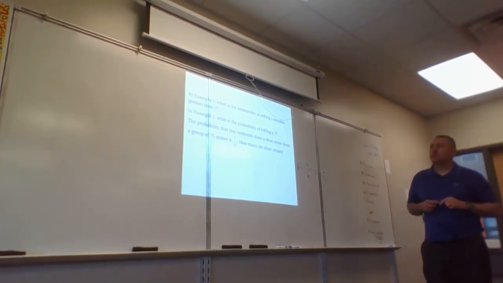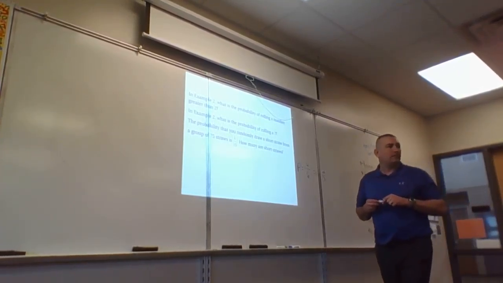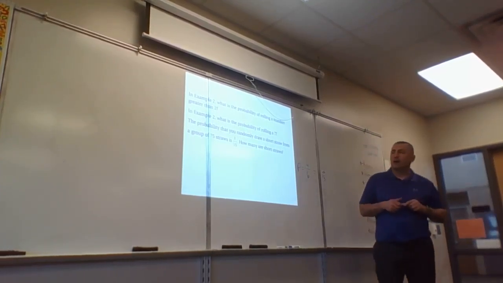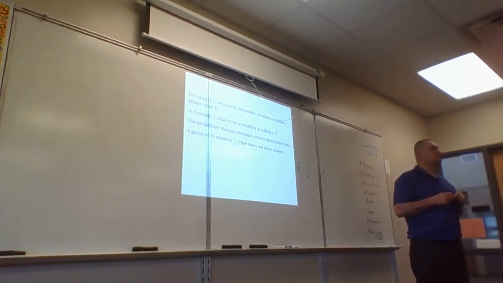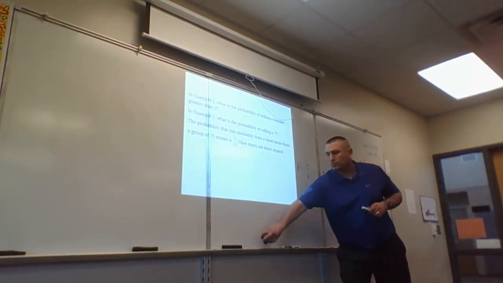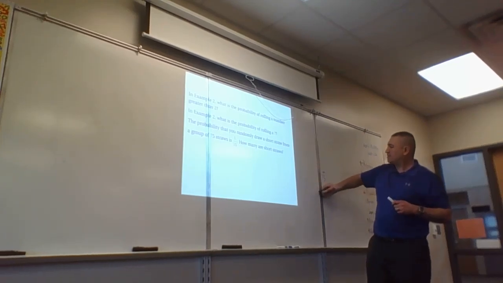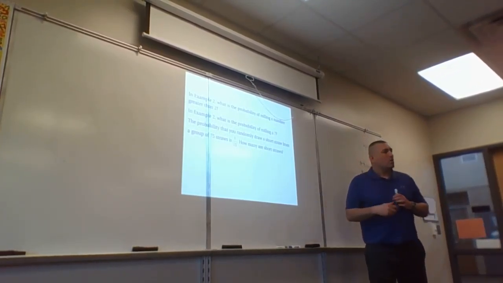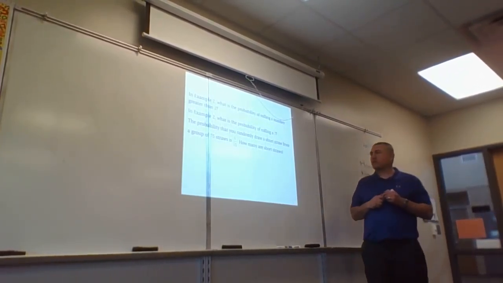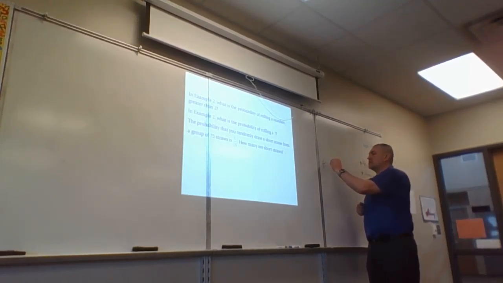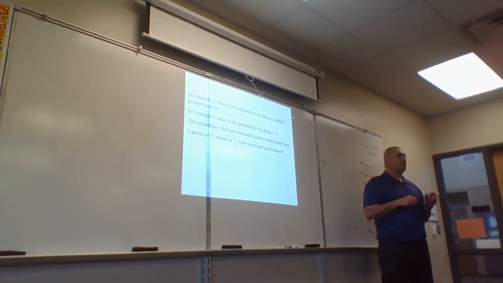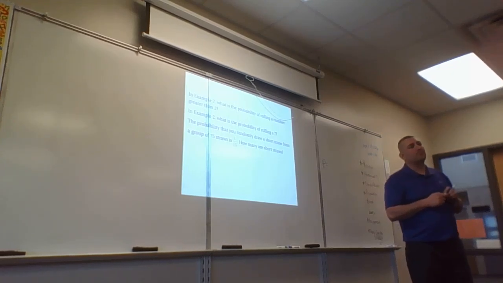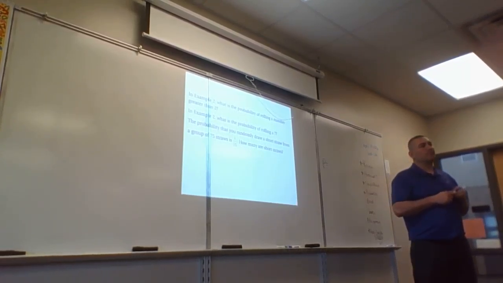In example 2, what is the probability of rolling a 7? Grace, how are we going to calculate the probability of rolling a 7? 7 over 1. Why is it 7 over 1, Zach? So you have to make it into a fraction. We figure our probability how? With the formula. What goes on top? 7. No. Bailey, 1. Why is it 1? Because there's only 1 seven.